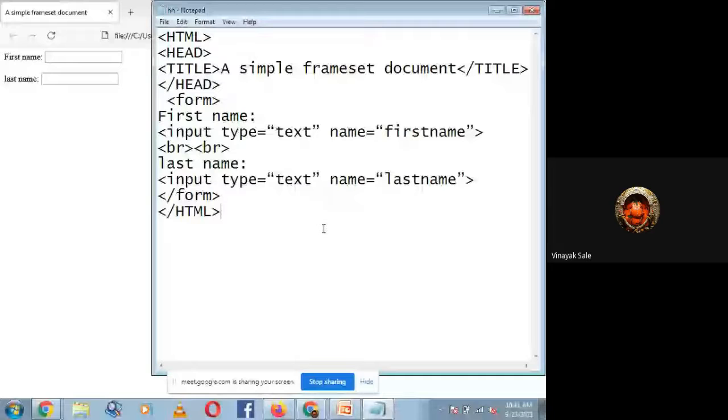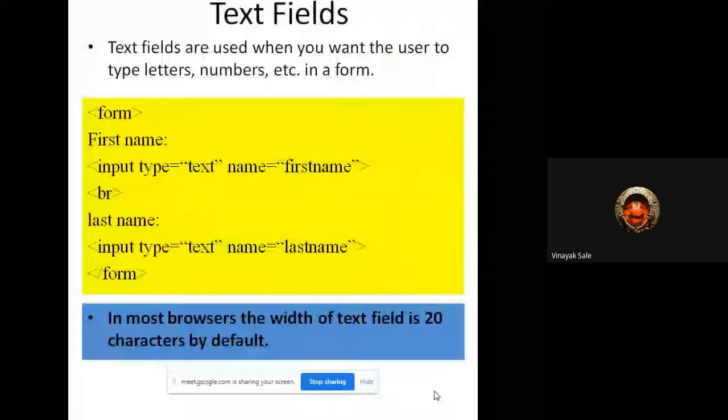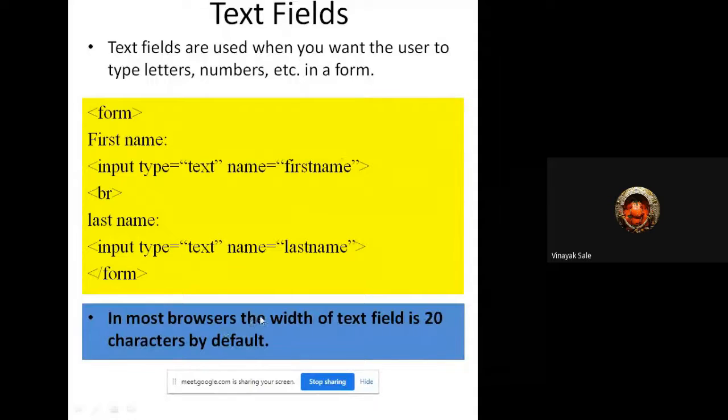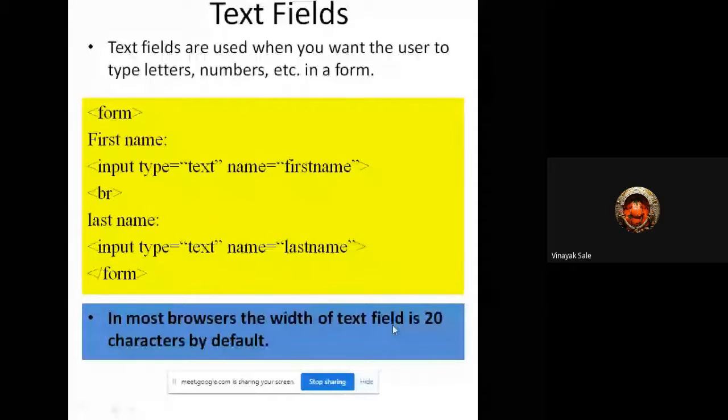So text fields are used when you want the user to type letters, numbers, etc. in the form, and in most browsers the width of a text field is 20 characters by default.